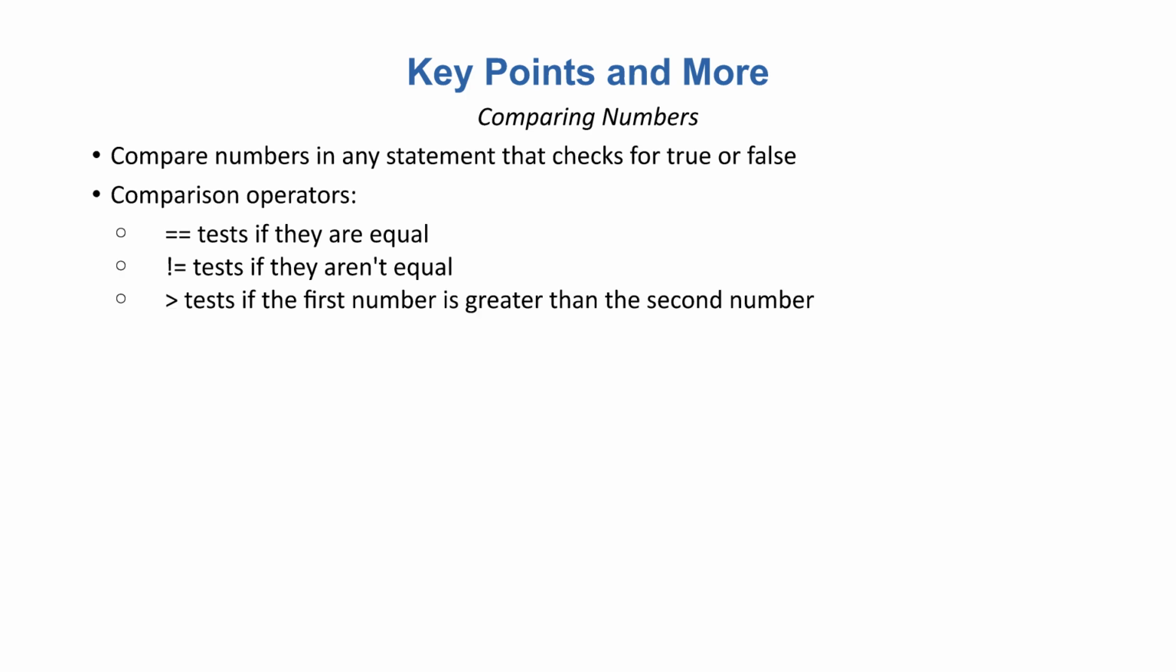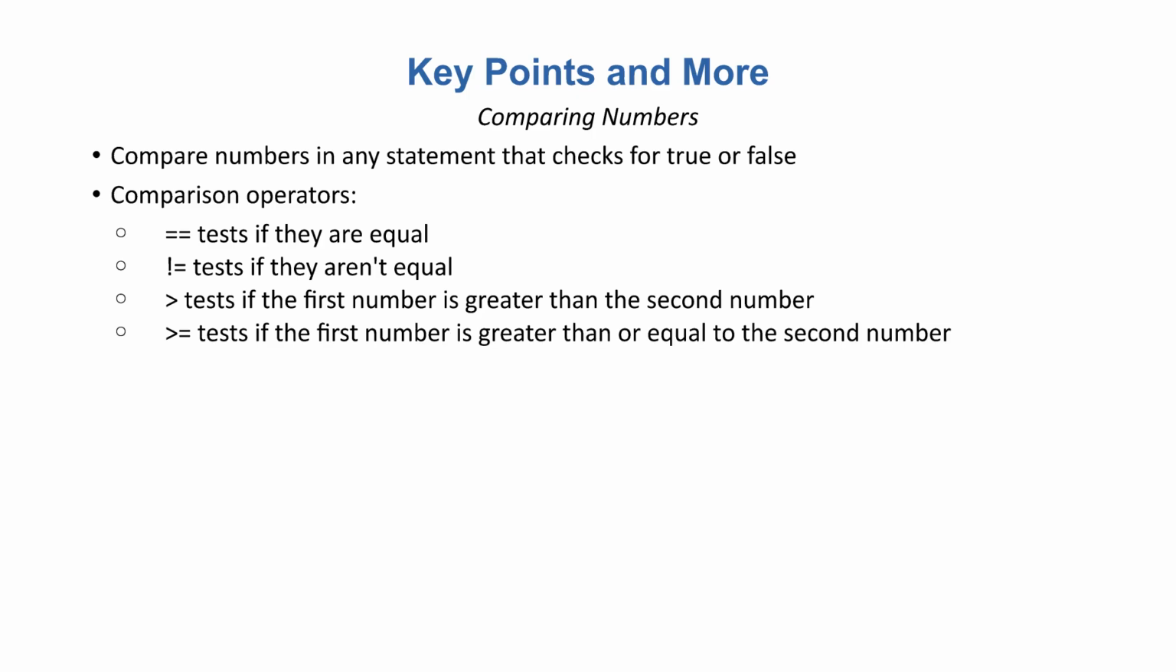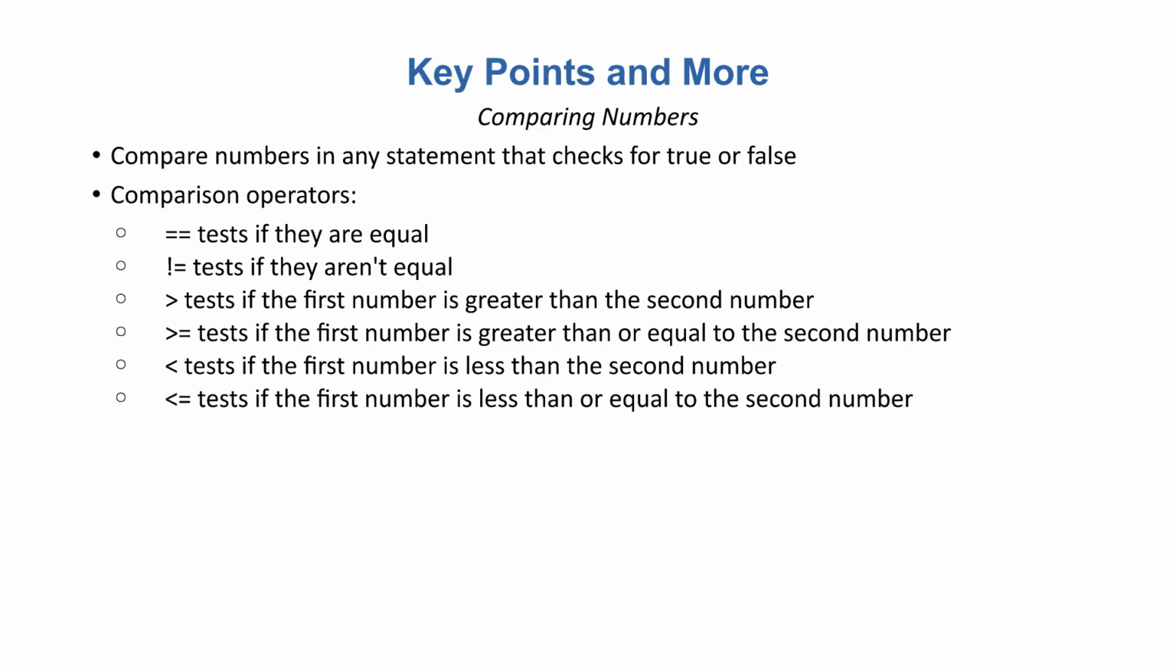The right angle bracket returns true if the first number is greater than the second number. The right angle bracket and equal sign returns true if the first number is greater than or equal to the second number. The left angle bracket returns true if the first number is less than the second number. The left angle bracket and equal sign returns true if the first number is less than or equal to the